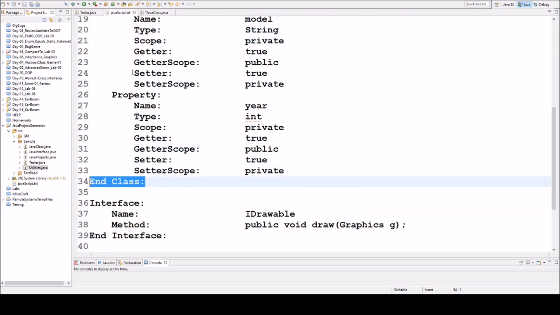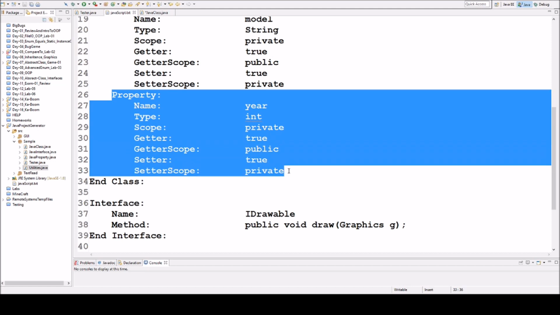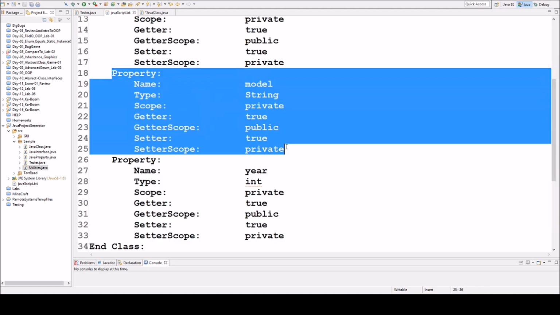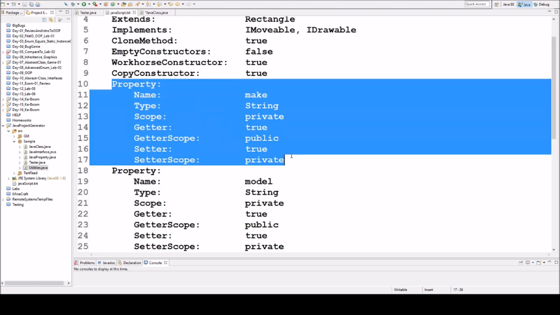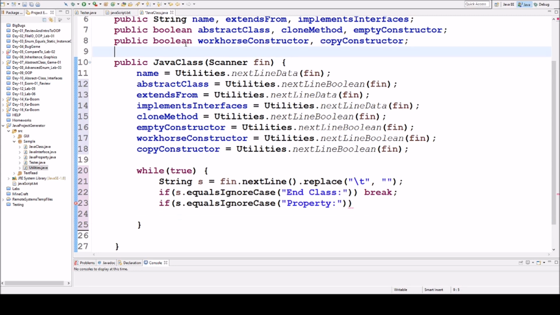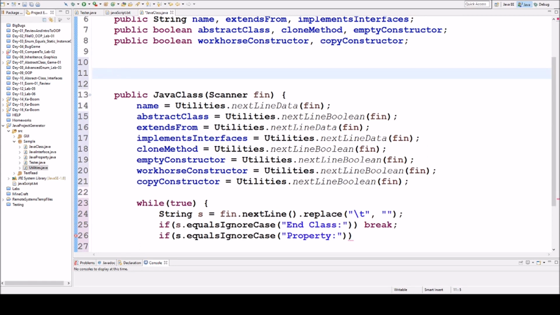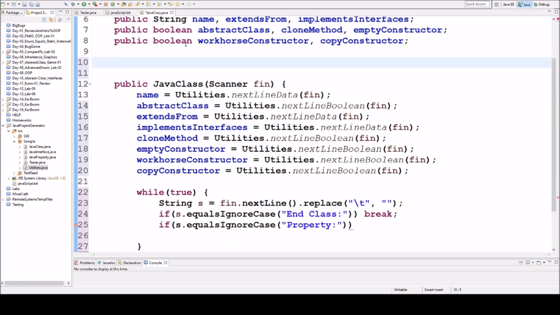I want to keep a list of these. So it would be 1, 2, and 3. So there's 3 properties I need to keep. So if I'm going to keep a number of objects, I need to have one more thing here. I need to have public array list of a Java property